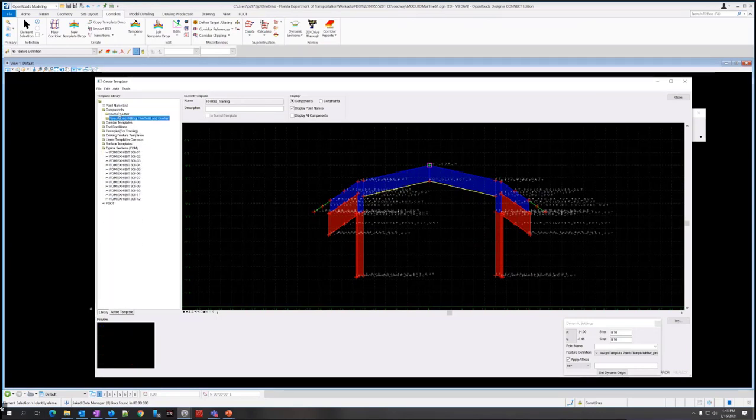Close some of these out so I can see what I'm doing here without being as cluttered. All right, so you basically want your full typical section in here, and then you can apply it. And you can change it. You can change up the templates wherever you need to. Let's see, so we have the in condition, and we need the parts, and the 6:1 cut, and the 6:1 fill, each of these.